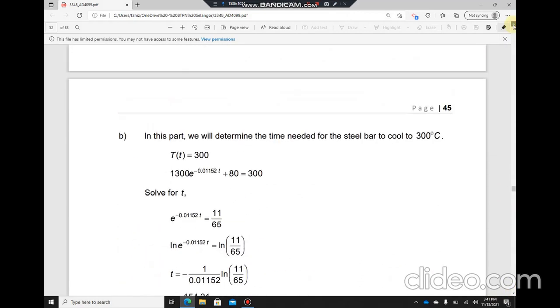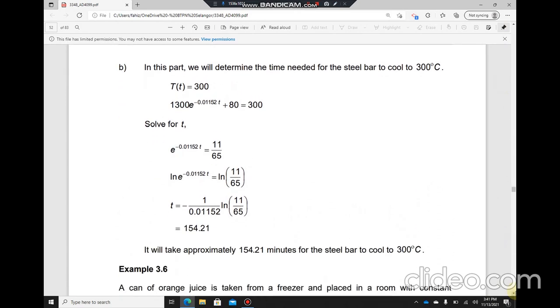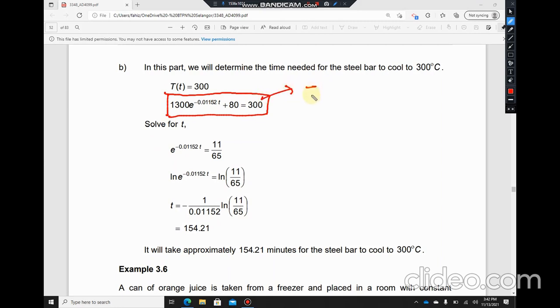Okay, next question. Question B. In this part, we will determine the time needed for the steel bar to cool to 300 degrees Celsius. Okay, yang ni pun sama. We still use this equation. Dan equation asal ni, kita guna yang T equals to 1300 e to the negative